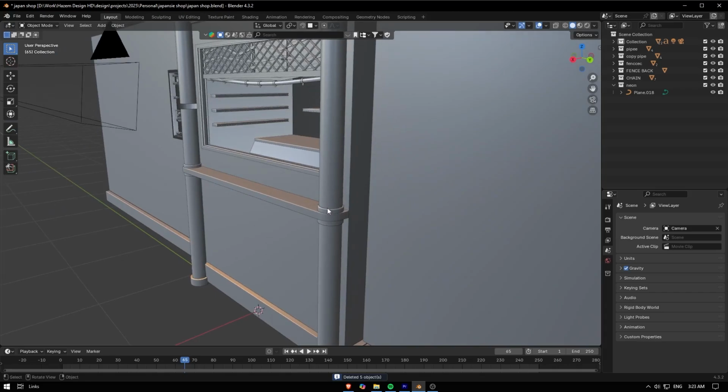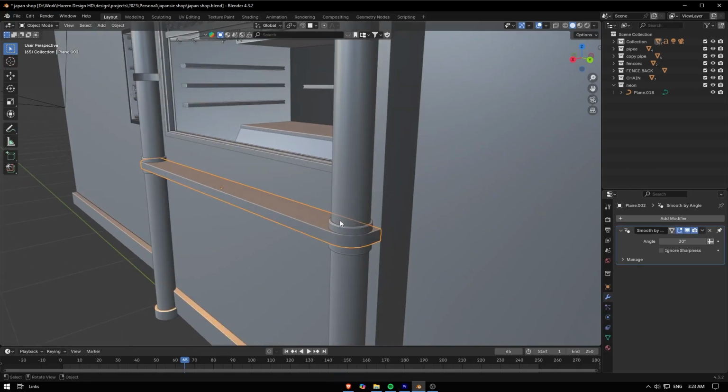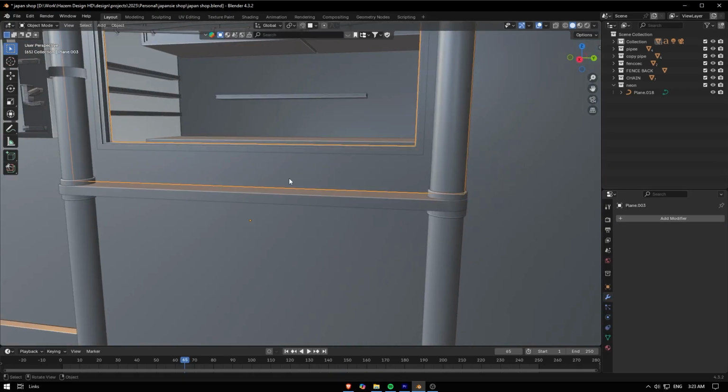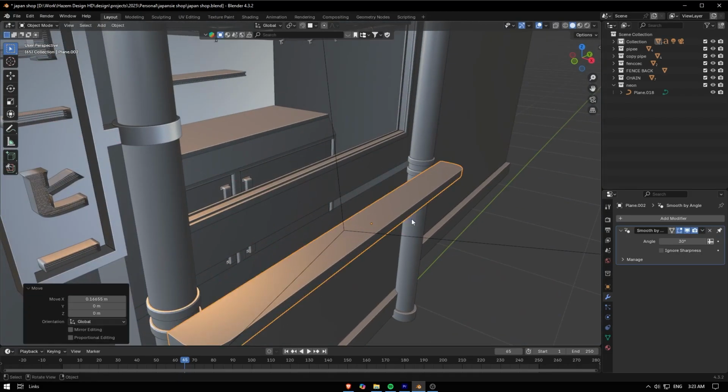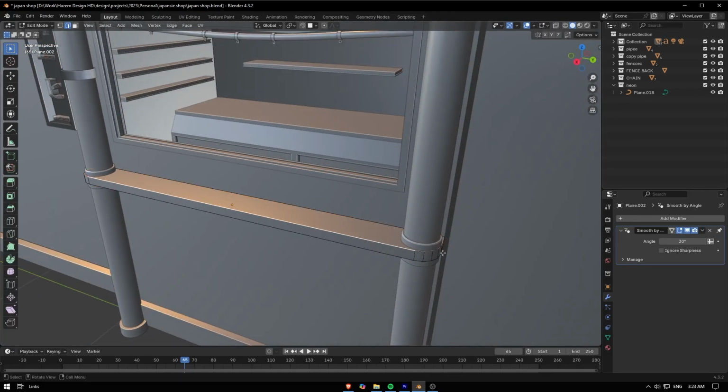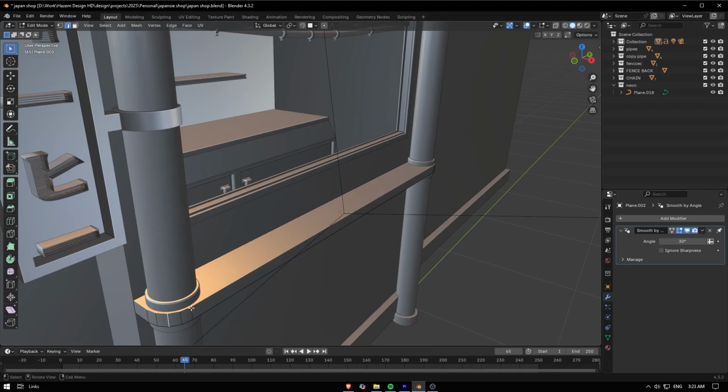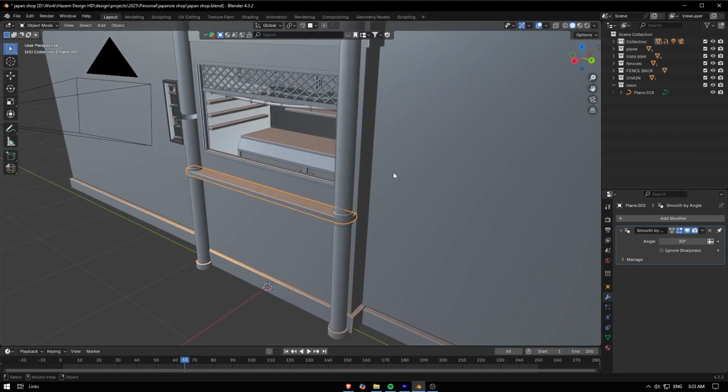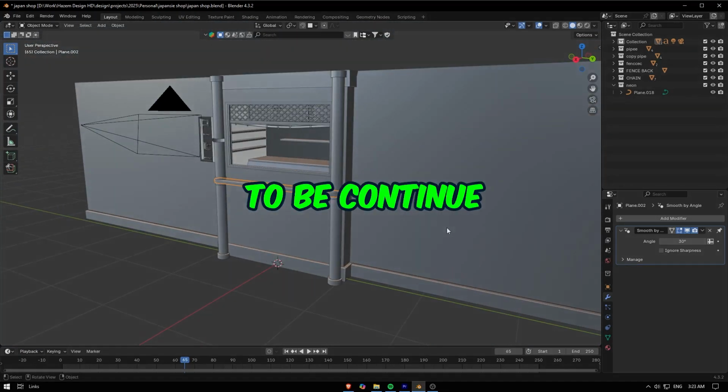Let's just assign it to here, in this shop, and go with this loop cut, and I just give it some bevel here, this edge and in this edge, and that's the final shot. So I hope that was useful,